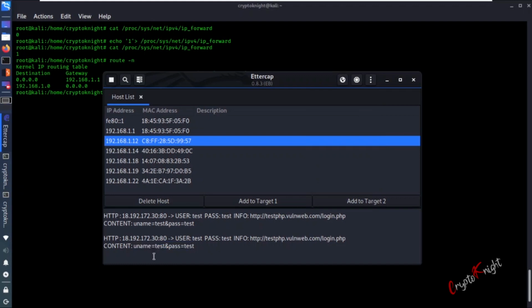So now in the Wireshark tutorial also we were seeing manually. Okay, we were seeing each packet manually to find where credentials are. But this tool makes it easier. It directly shows you the credentials that have been entered and where they have been entered. It will also give you the information of the website. So that way this is a very handy tool, a very cool tool to use.